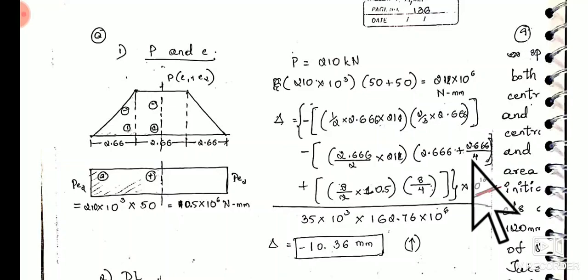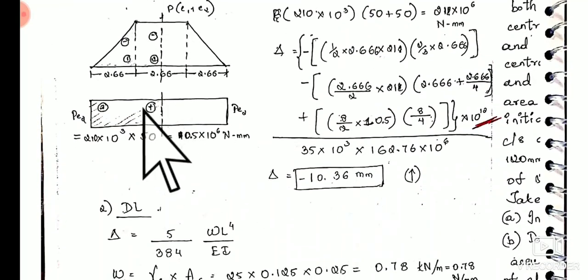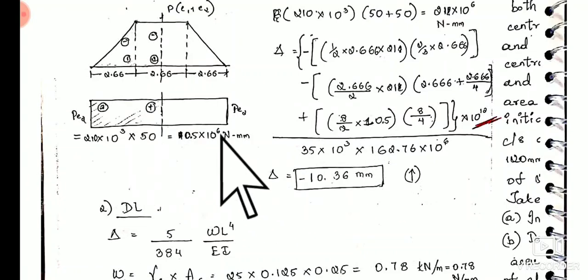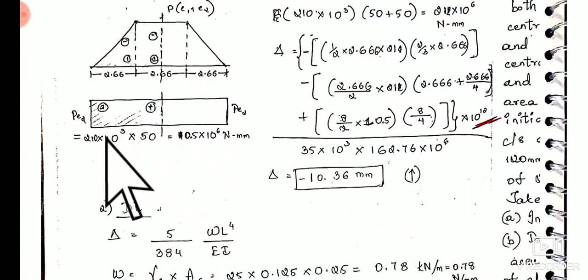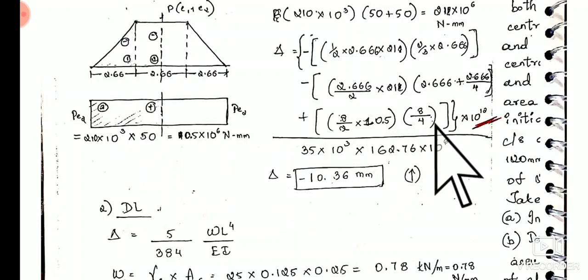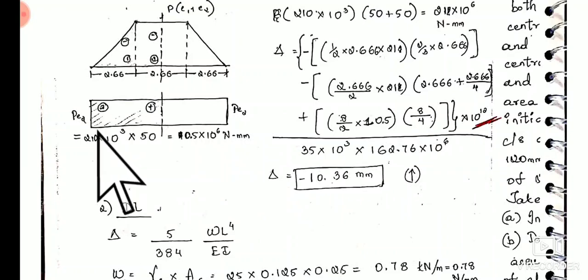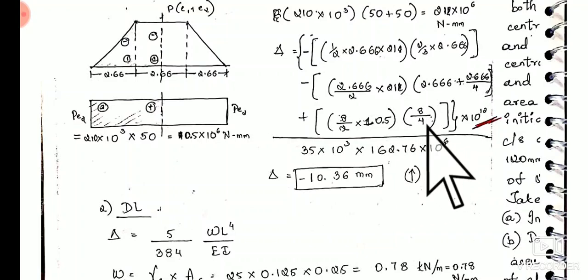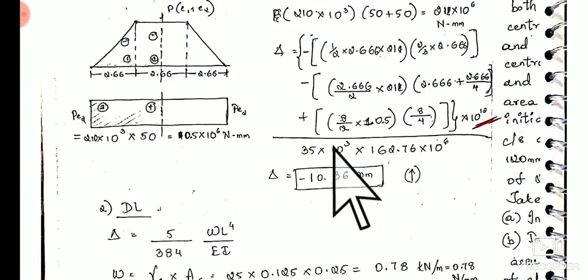Then moment of the area of the third figure, plus rectangle, it is half of the total span 8 by 2 into height 10.5 into, it is acting at a distance of 4 meter, means 2 meter, 8 by 4 it is 2 meter, divided by E into I,